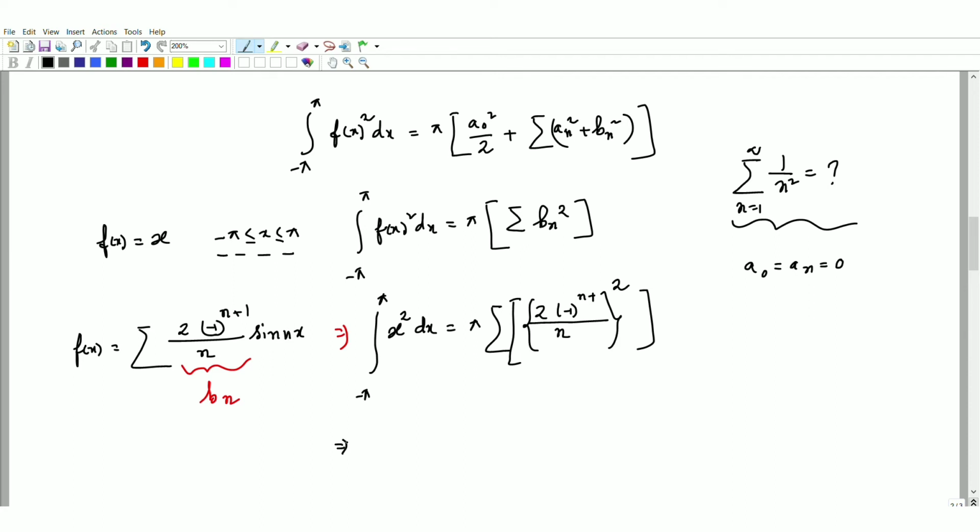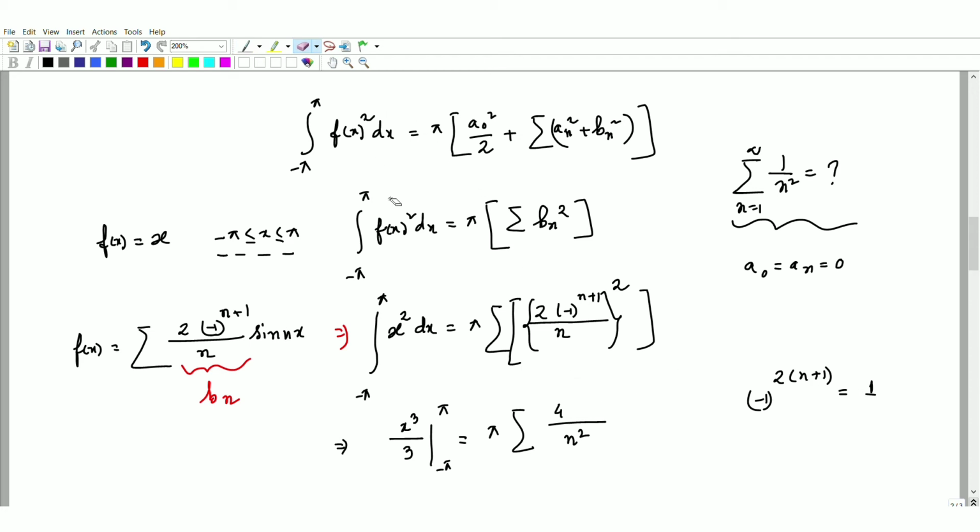So here it will become x cubed by 3 from minus pi to pi is equal to pi summation, it will become 1 by n square times 4, because if you see, it is minus 1 to the power n plus 1 squared, it will always be 1, because the power is 2, so all the powers will be even numbers, and minus 1 to any even power is 1. Okay, so